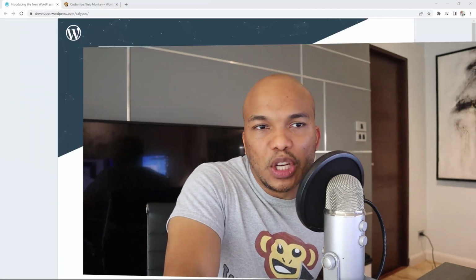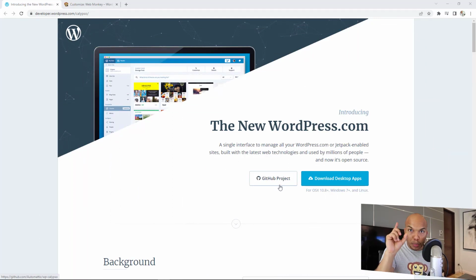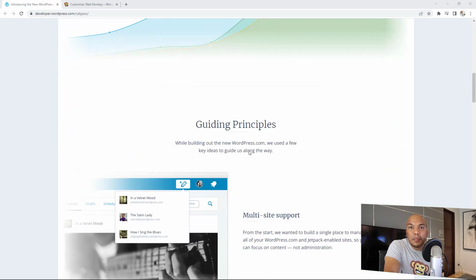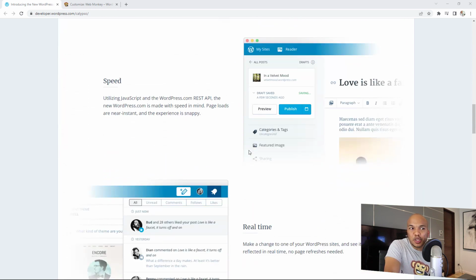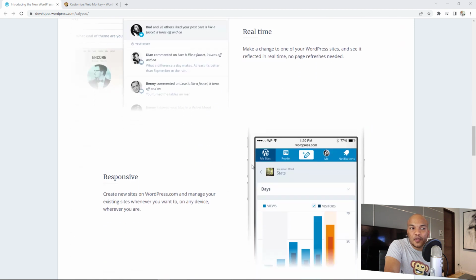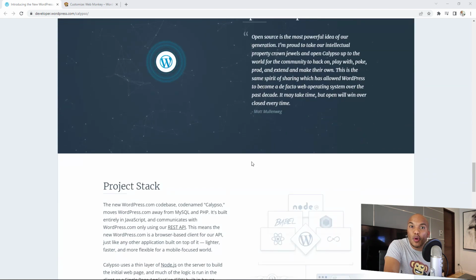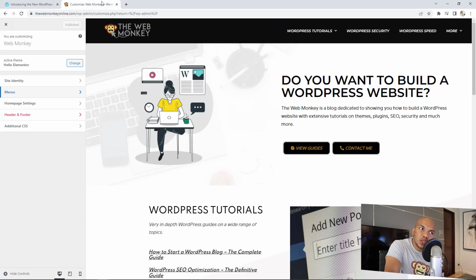This is actually the page right here, the new WordPress.com. The backend is called Calypso. Everything you would find in the backend in here is actually powered by JavaScript. Again, keep in mind that this is specifically for WordPress.com websites. But what about actual WordPress.org websites? Well,